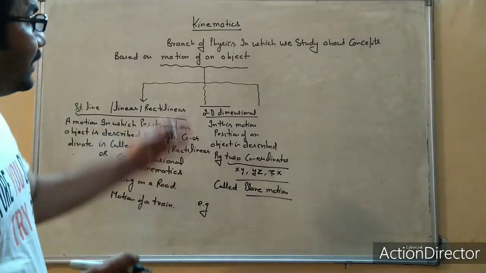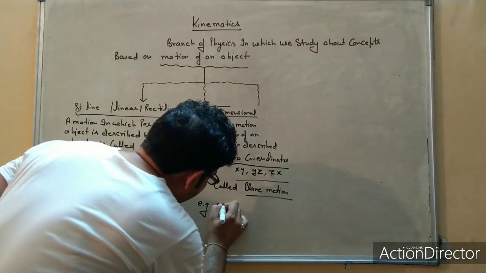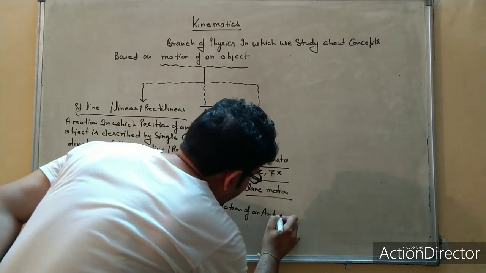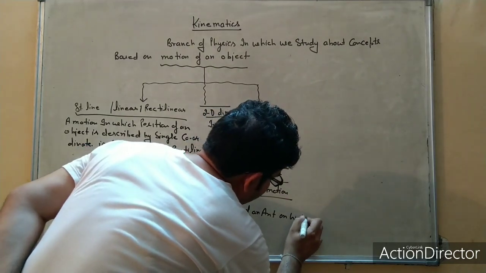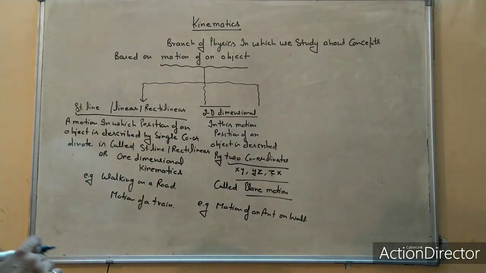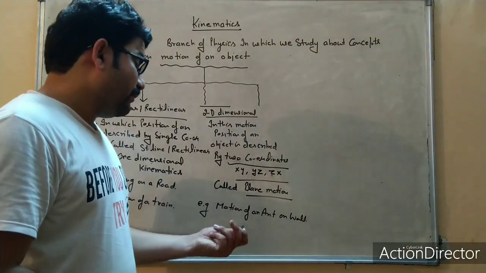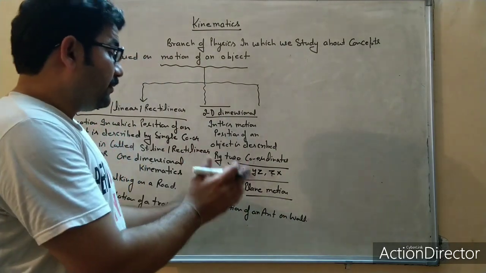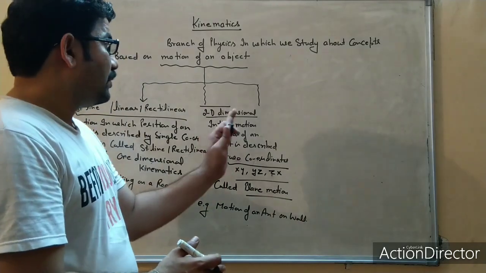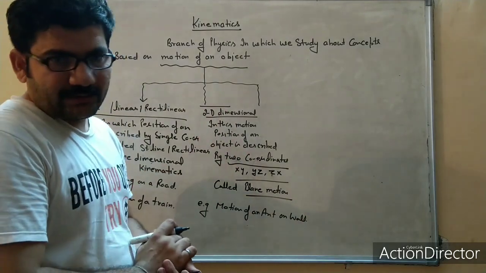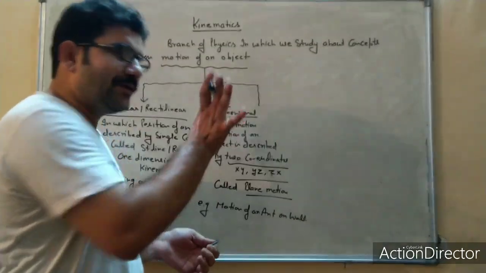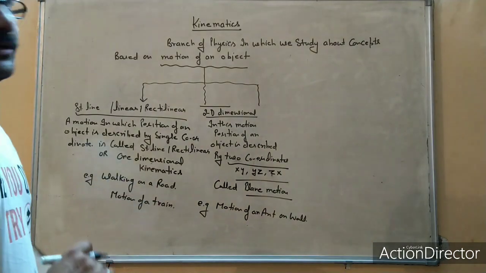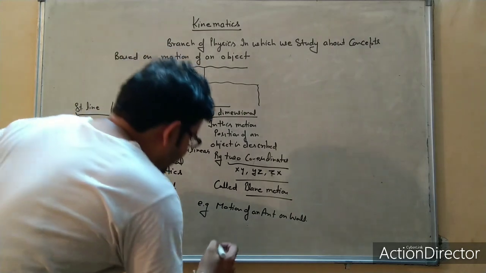motion of an ant on a blackboard wall, motion of an ant on a wall, दीवार पे चींटी का चलना, because whenever an ant moves on the wall, this ant may go up and down, left and right, but not go inside the wall and not go away from the wall. In this way, it is clear that motion of an ant on a wall is a good example of two-dimensional motion. In spite of it,